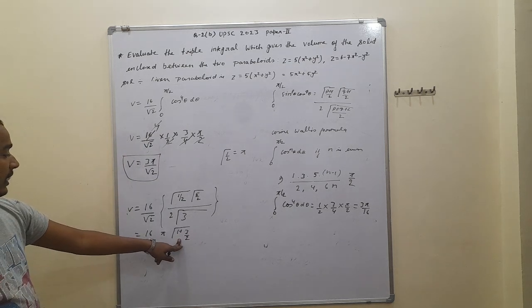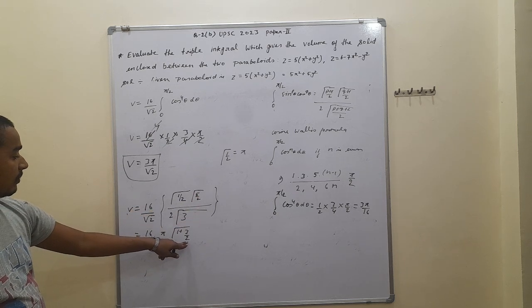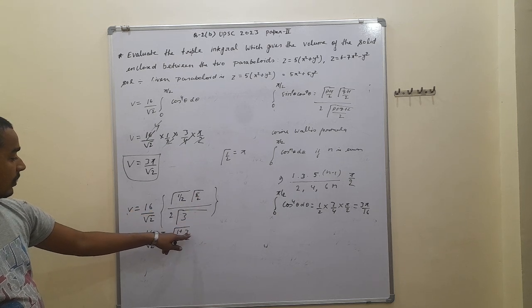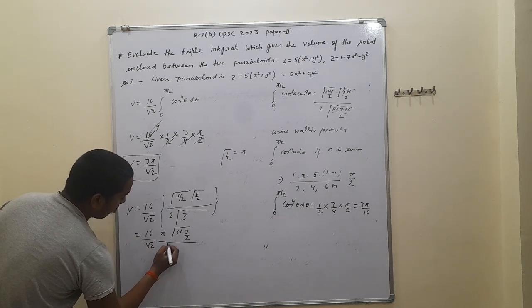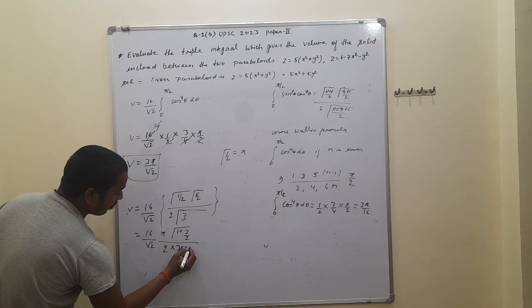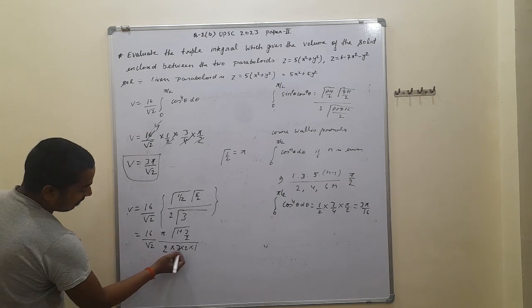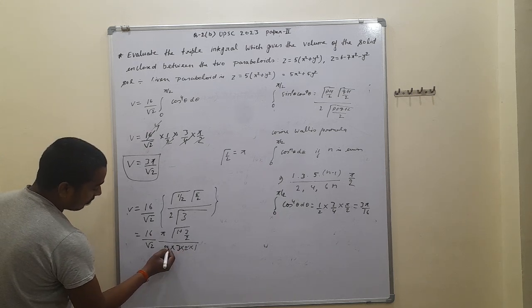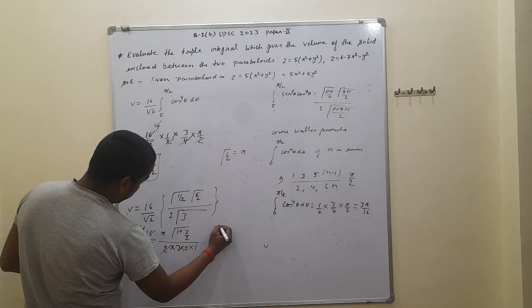We can also write gamma 5 by 2, that is 1 plus 3 by 2, 2 plus 3 is 5 by 2. And from here, 2 into gamma 3 is written as 3 into 2 into 1. From here, 2 2s are 4, 4 4s are 16, then the volume is